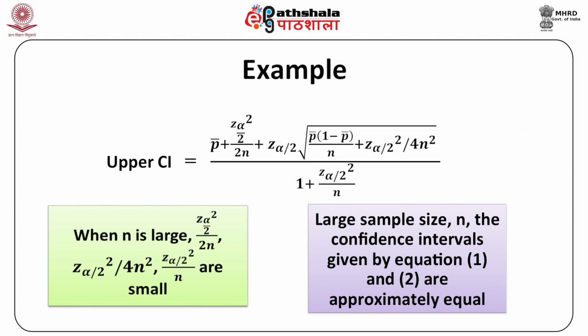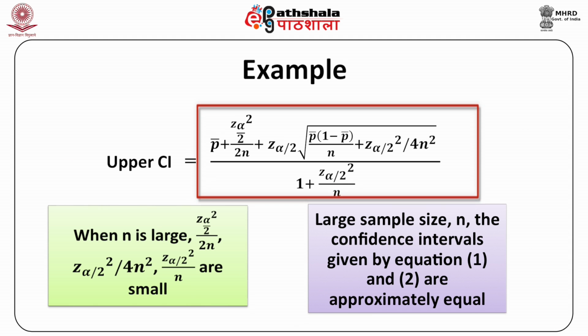The upper confidence limit is equal to p bar plus Z alpha by 2 squared divided by 2n plus Z alpha by 2 times the square root of p bar times (1 minus p bar) divided by n plus Z alpha by 2 squared divided by 4n squared, the whole over 1 plus Z alpha by 2 squared divided by n, where n